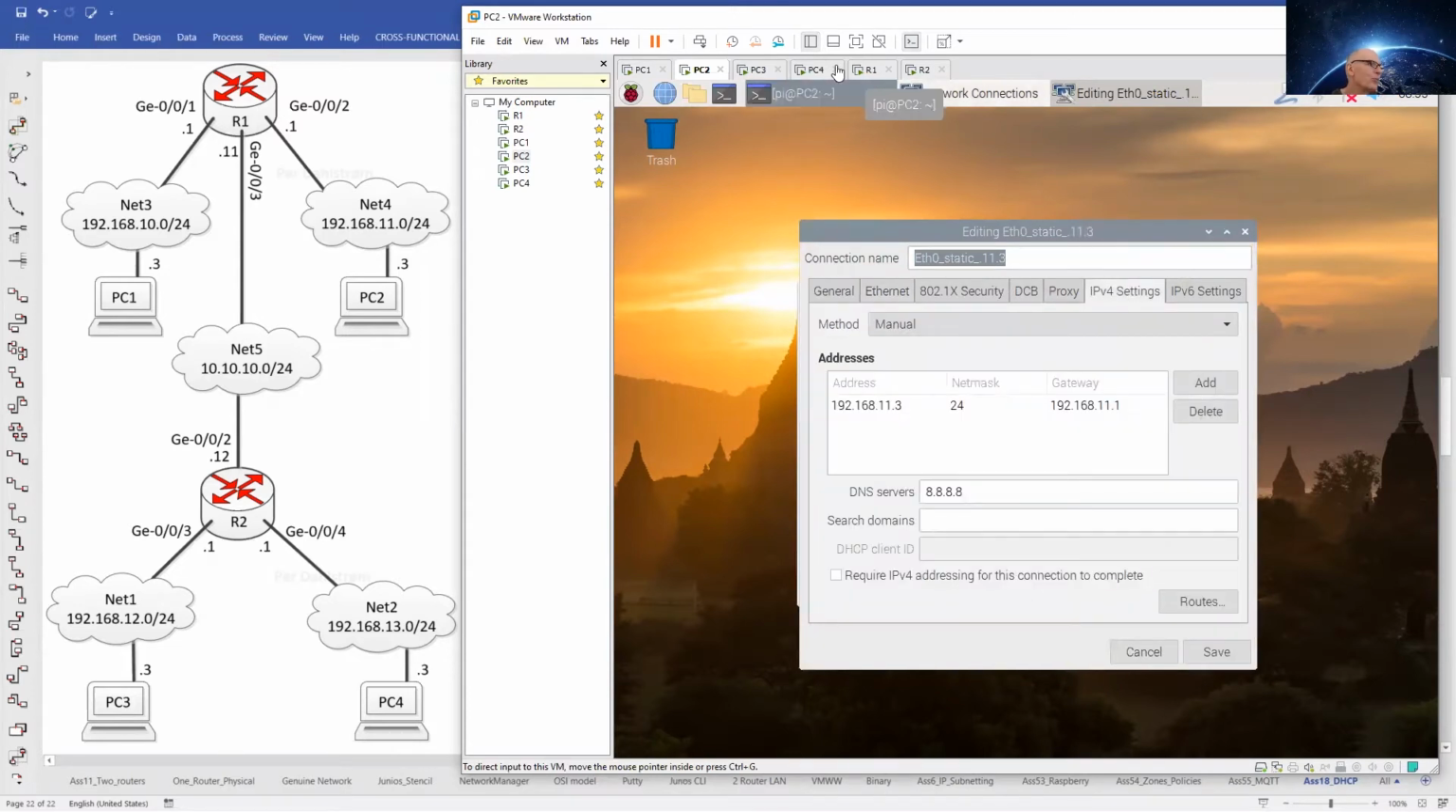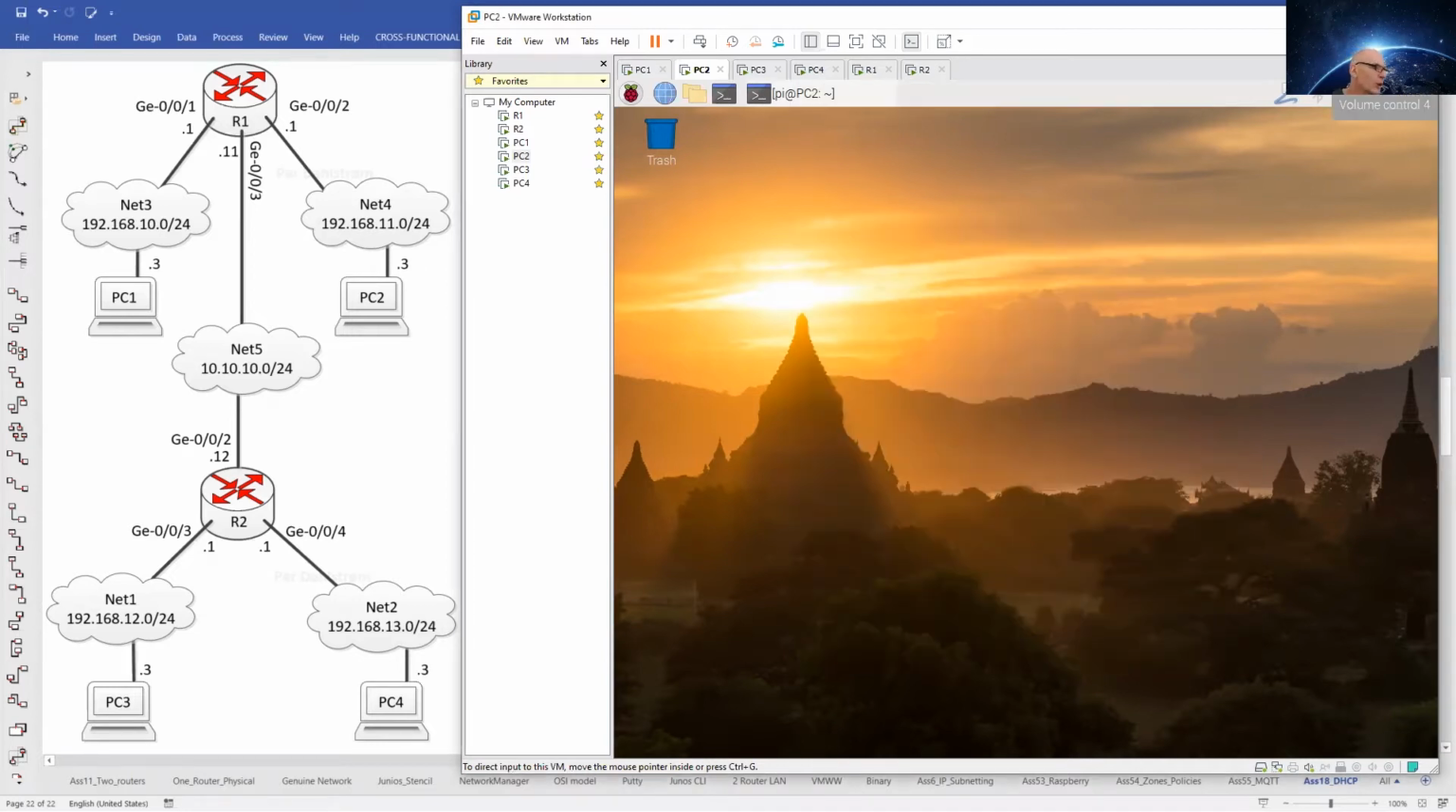And as on PC3, we have the same information here. The method for acquiring an IP address is set to manual, which is synonymous with setting a static IP address. And that is what we have done here. If we go back to our diagram now,